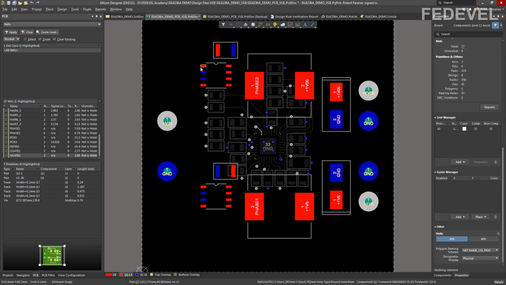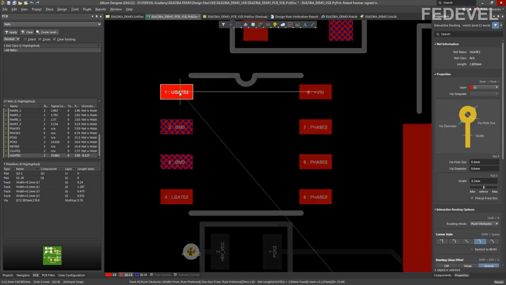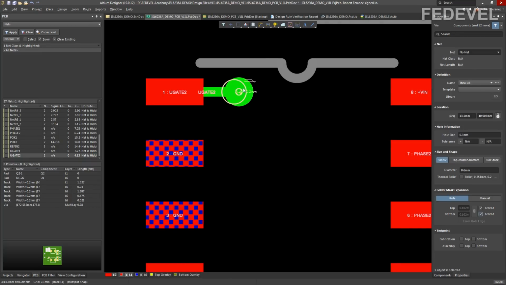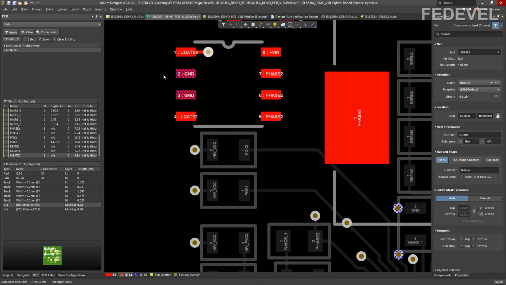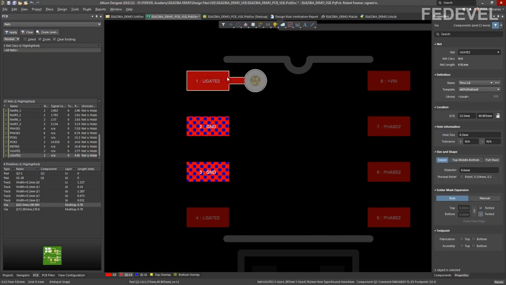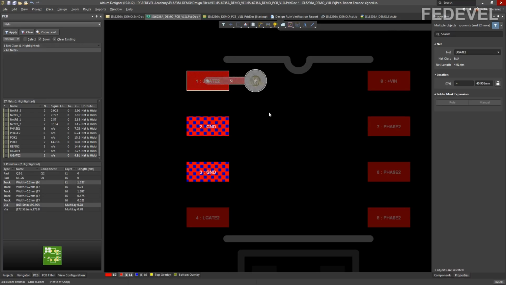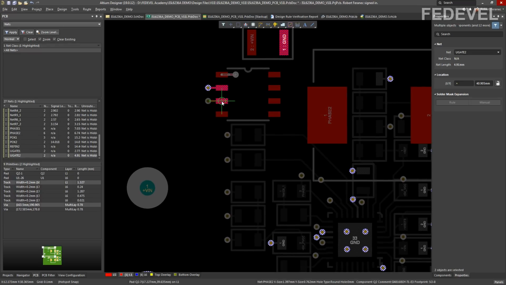Hover cursor over this first path. It is connected down here. Zoom in. We need to create a fan out. Left click, left click, left click, right click, place a via. We will connect this a little bit later on a different layer. These are connected to ground. So press Ctrl, hold it down, left click. I'm going to copy this. Left click, shift, left click, Ctrl C, Ctrl V, and I'm going to place it here, here.